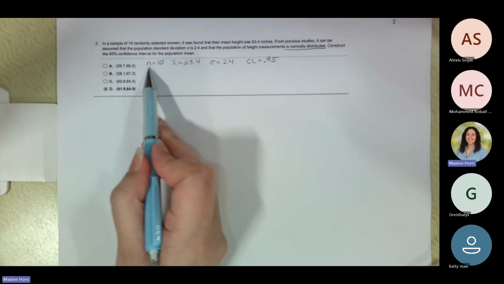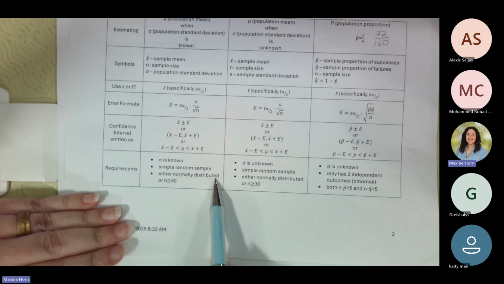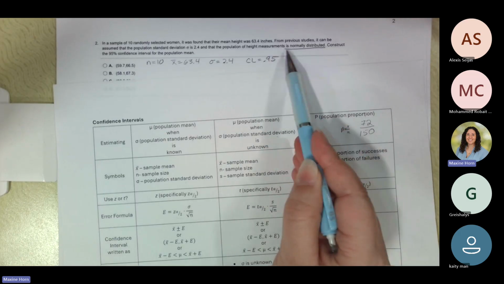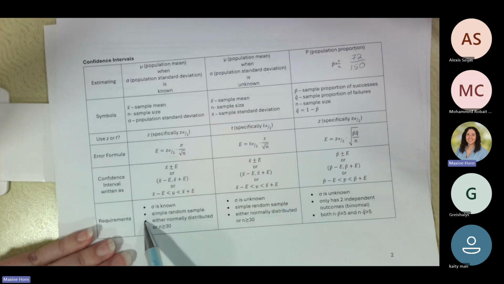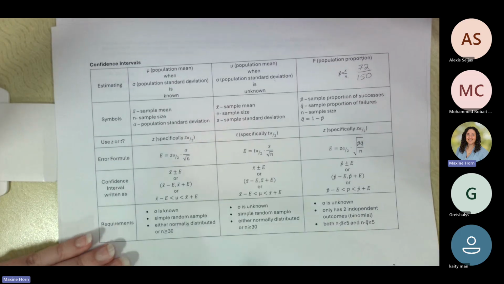So a couple things to note here. You might have seen that n equals 10 and thought, oh, wait a minute, I can't have n equals 10. I'm supposed to have n greater than or equal to 30. Well, that's okay as long as it's normally distributed. And thankfully, they clarified for us, hey, don't worry that your n is 10 because it's normally distributed. Okay, so we check all the boxes here, so we can do this process. I'm going to do it in the calculator first, and then we're going to do it by hand. Okay, so in the calculator,